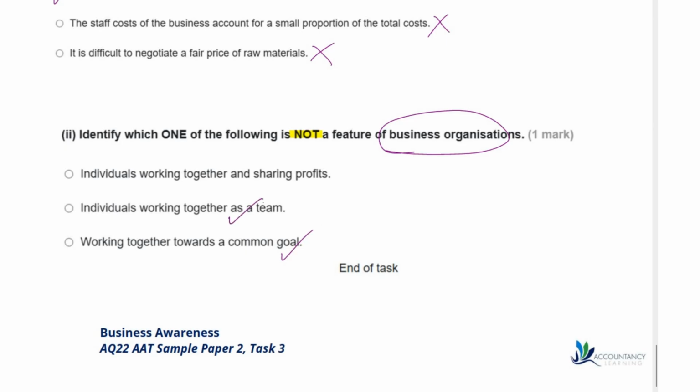Yes, they do need to work together as a team. So therefore, the one that is not a feature is going to be individuals working together and sharing profits, because yes, they're going to work together, but they're not necessarily sharing the profits. And with that, we are at the end of task 3.